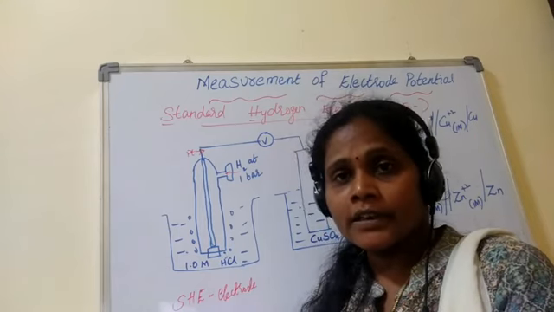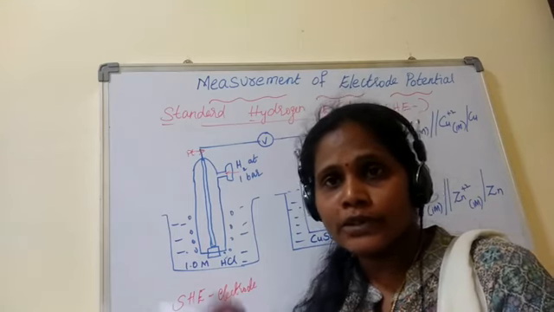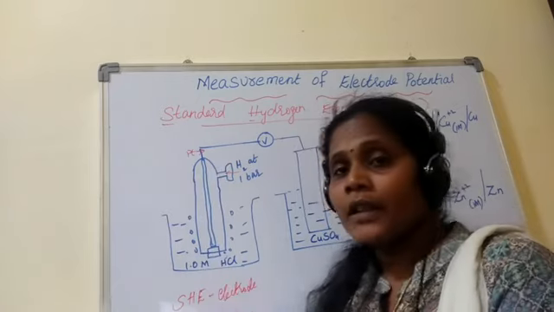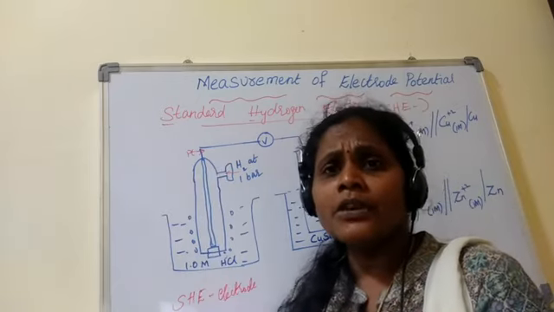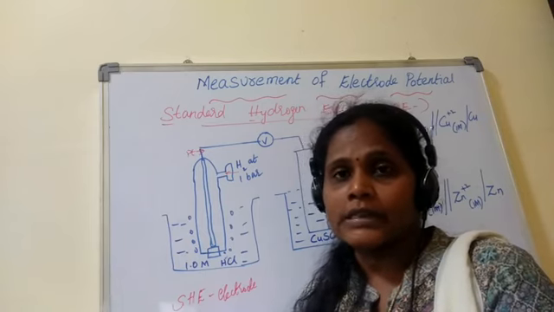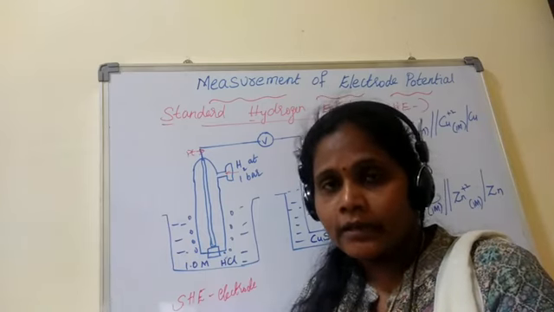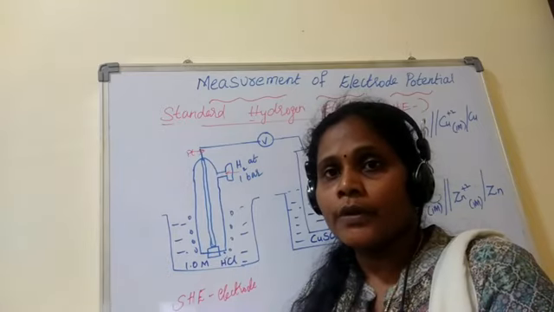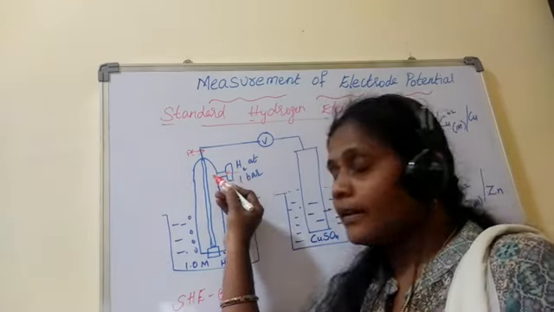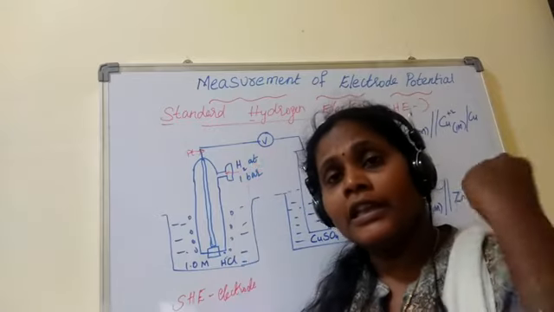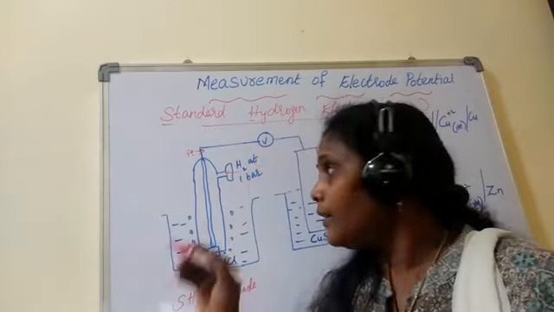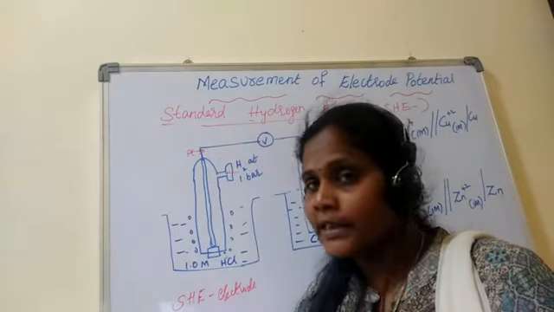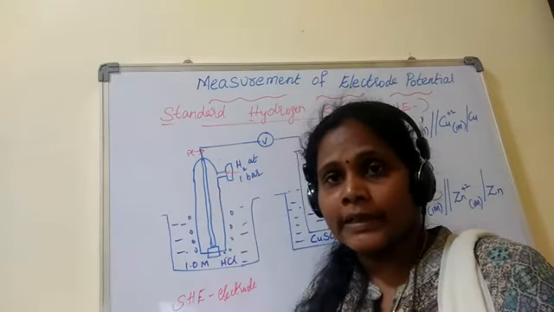Metallic conductors are the conductors which allow the electrons to pass through them, but they don't undergo any chemical change, because platinum, sometimes gold, these are your inert metals. As these are inert metals, they don't take part in the reaction, but they allow the electrons to pass through, right? So when hydrogen is bubbled here and hydrogen is undergoing reaction, if it releases electrons, then this platinum wire will take up those electrons. Because hydrogen is a gas, it cannot pass electrons through it, right?